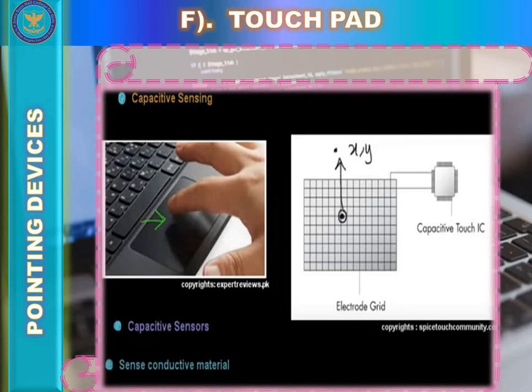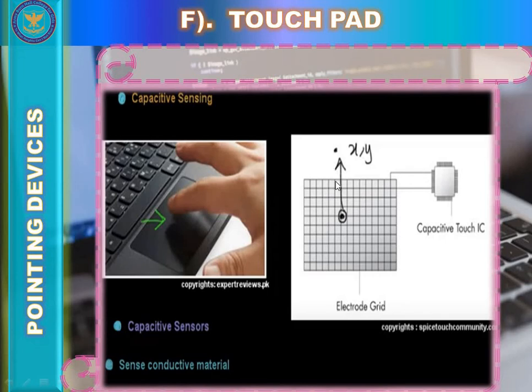In the case of touch panels and touchpads, the conductors are two layers of electrodes on a touch sensor. So suppose this is the area below a touchpad.